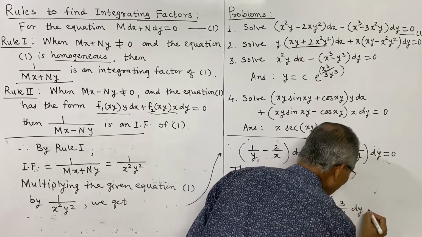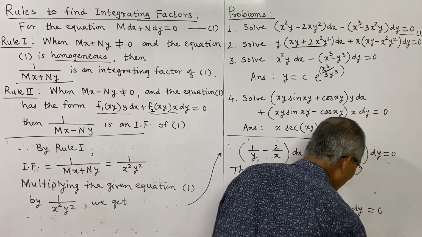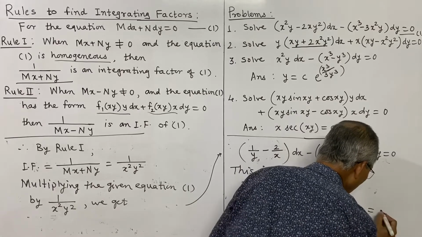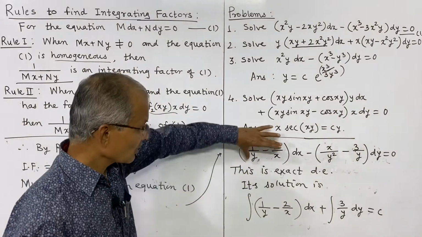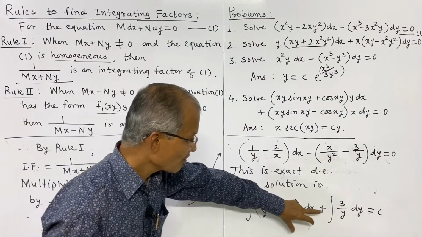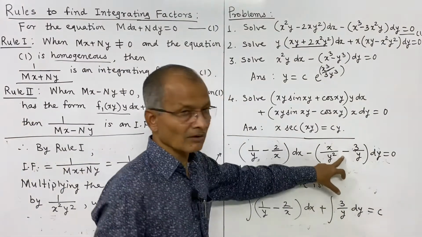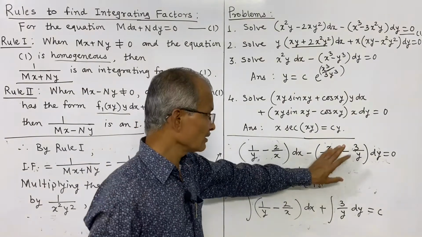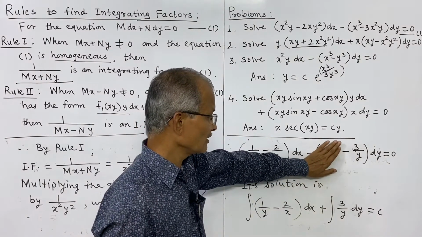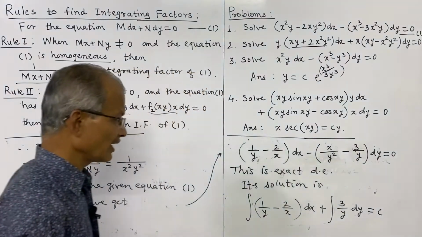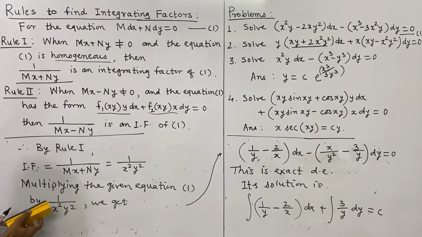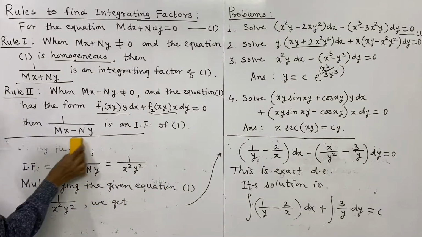We have solved such types of problems earlier, is equal to a constant, and I have used the rule directly: integration of M dx as it is, plus the terms of N not containing x. This contains x, so delete it, and the remaining term is positive 3 upon y into dy is equal to c. And thus finally the integration is,